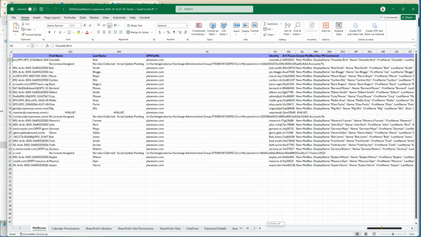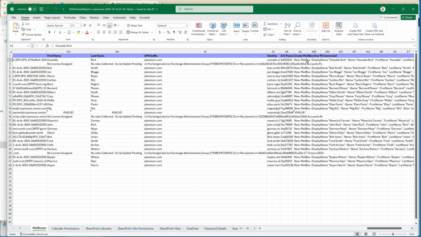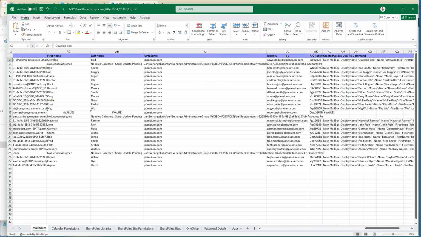UPN suffix, and as you can see here, now this is the coding that was put on by that other script at the end. So you can see here all these items here, what you would use to create those in the target tenant. So therefore you've got, if we make it a bit bigger, you can see that's what the target would be. If we've got UPN suffix will become planium.com,